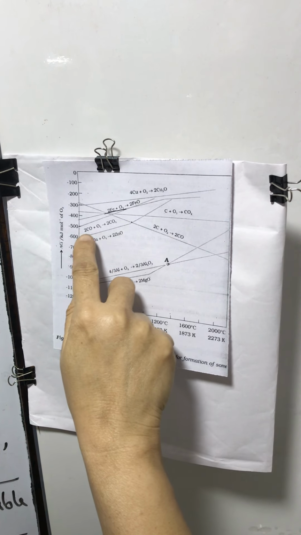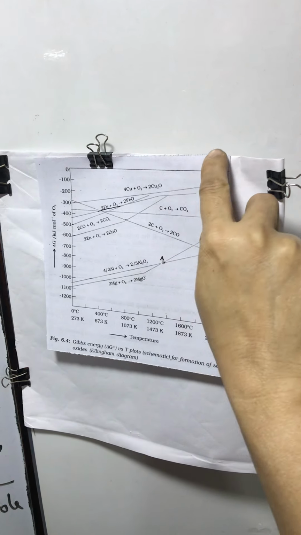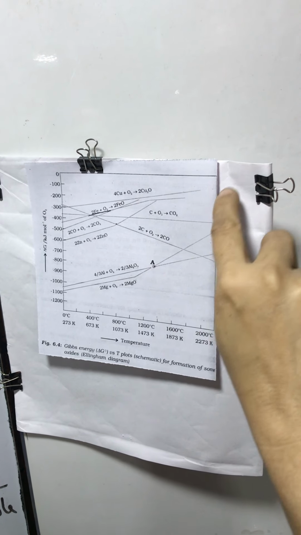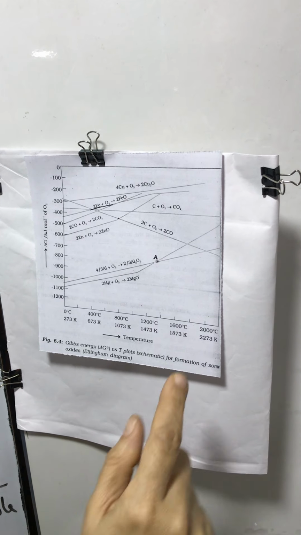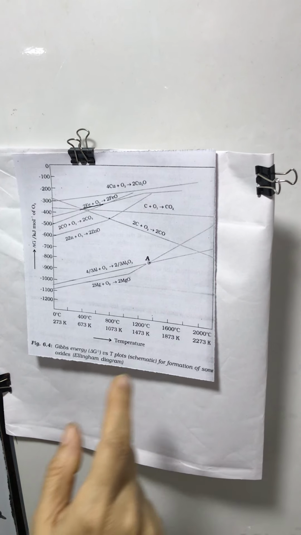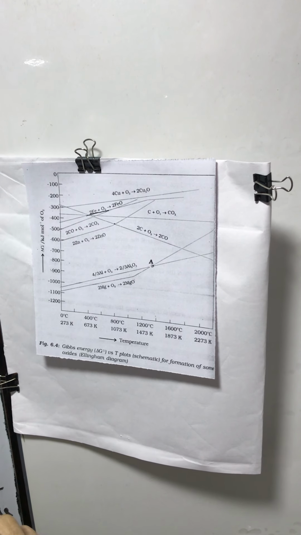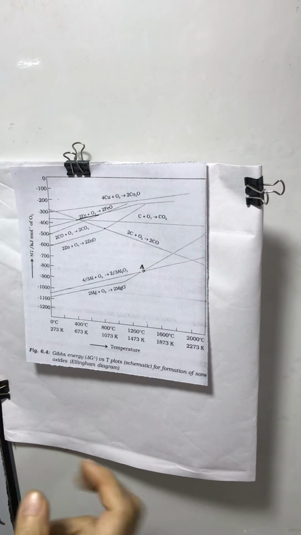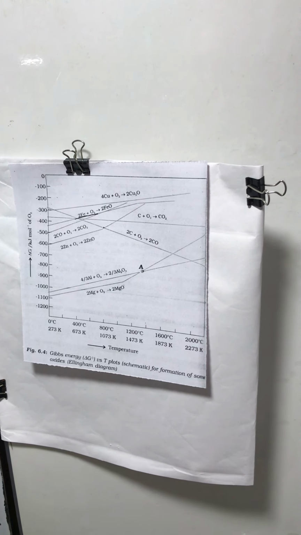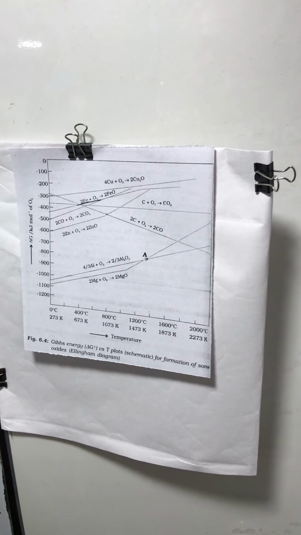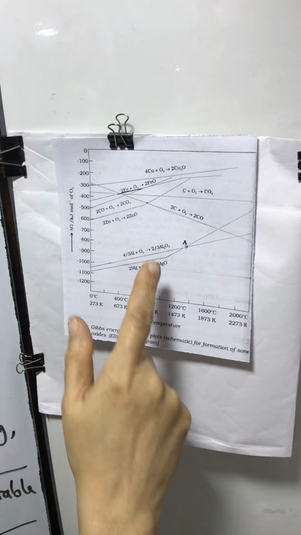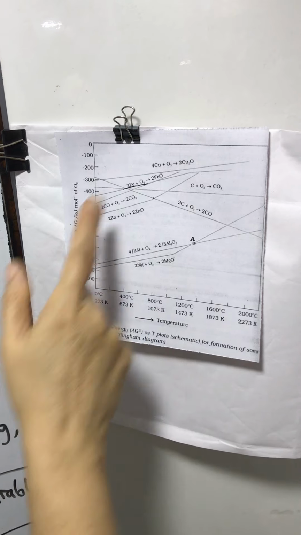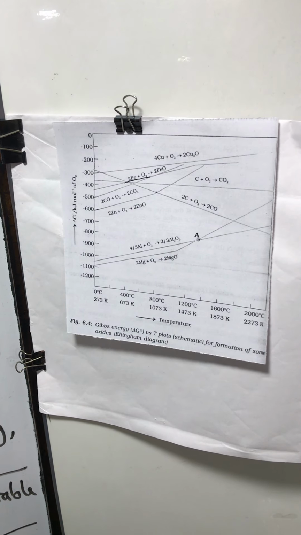In all cases, if the graph is drawn further, then they will cross this line of delta G equal to 0 at very high temperatures. But when we have to use high temperatures, that means the process becomes uneconomical. We are going to spend a lot of money only in heating the ore, so it doesn't become economical and nobody will buy those expensive metals. So therefore we need to choose a reducing agent, for which this diagram is going to be helpful.